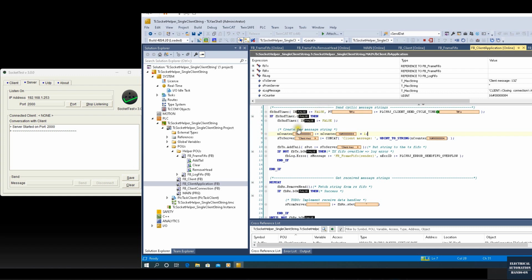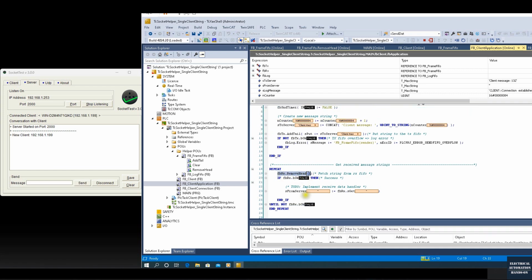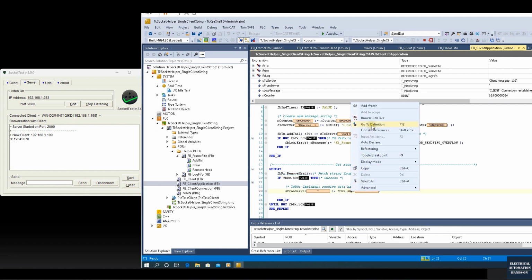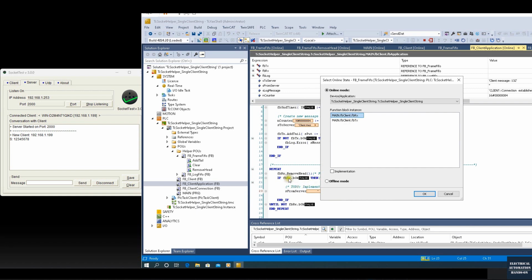And I disabled this send, so leave this area clear. Then once we get connected, we can send the data and see if this receive buffer can show something. But maybe this area will not show something because it tries to remove a header. It's something like this example is doing a protocol, removing the header and sorting the data out. Okay, it got connected automatically. So now if I send the data 1, 2, 3, 4, 5, 6, 7, 8, send. Okay, if we watch this as get, this is a receive Rx,